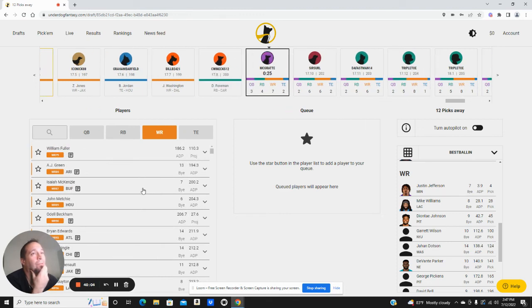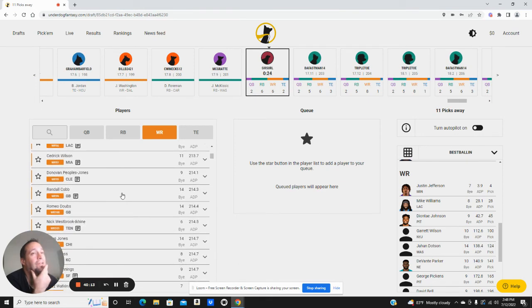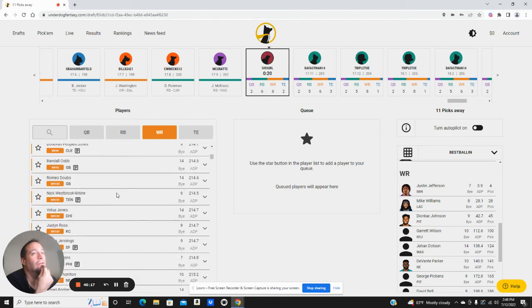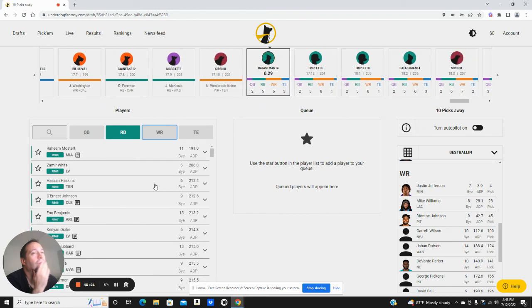I'd love to get Mechie, but I doubt he's there. Wouldn't mind Isaiah McKenzie. Will Fuller, obviously. Maybe it could even be an Odell team. As far as running backs, we have other guys on these two teams. I wouldn't want them, but Hassan Haskins or Eno would interest me. Dearness interests me a little.